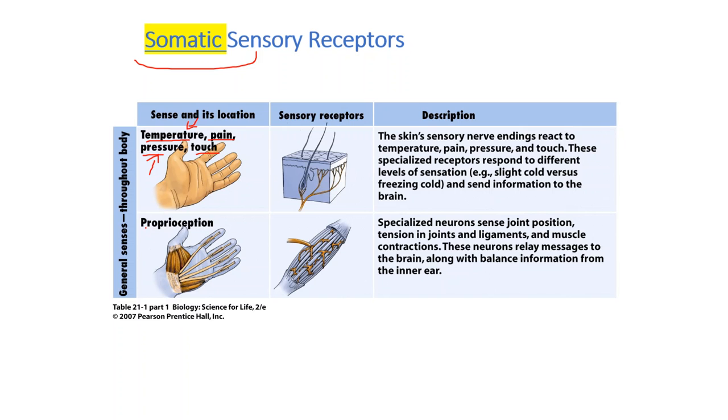Then there are the receptors for proprioception, and these are specialized neurons which will sense joint position, tension, and